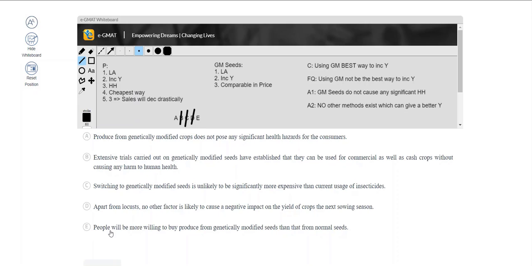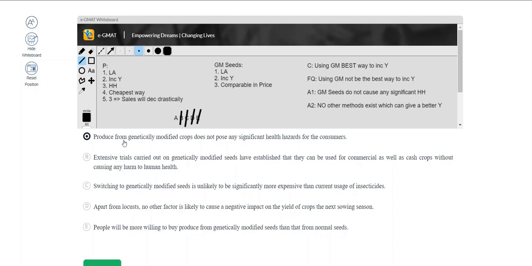And now let's proceed to option E. People will be more willing to buy produce from genetically modified seeds than from normal seeds. Yeah, of course. The problem with option E is that it's completely irrelevant. Your conclusion is about which is best, genetically modified seeds or pesticides, or if there's something else. It's not about people's preference. Whether people are willing to buy genetically modified seeds over normal seeds has nothing to do with this argument, and therefore it's an easy to reject irrelevant answer. So there you have it. We have solved this